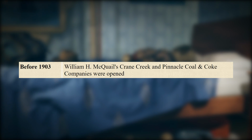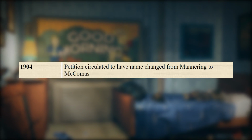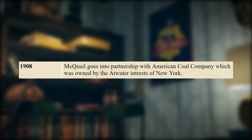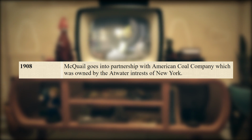In 1903, William H. McQuail's Crane Creek and Pinnacle Coal and Coke companies were opened. Then in 1904, a petition circulated to have the name changed from Mannering to McComas. And then finally in 1908, McQuail goes into partnership with American Coal Company, which was owned by the Atwater interests